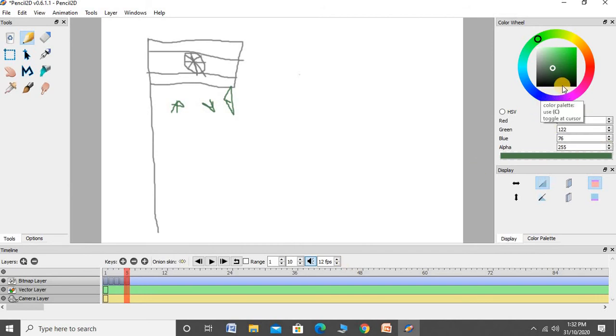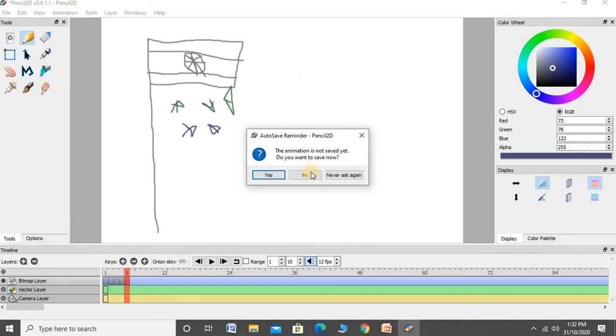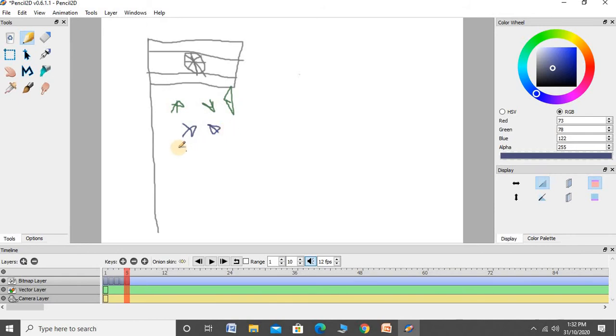Okay, use the same color, do not use different colors, use the same color, because when we run that, it does not show clearly, as different colors are displayed.